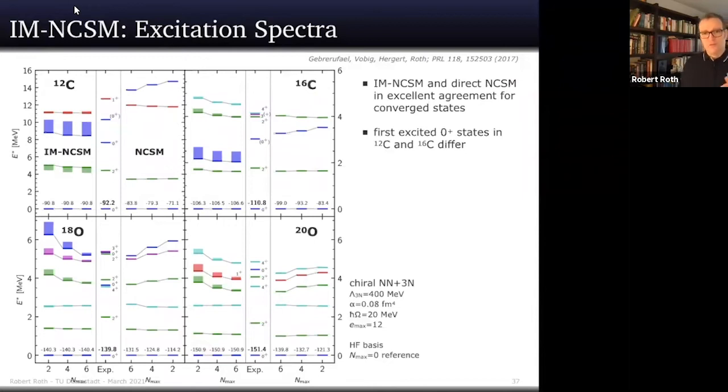Still, if you think, well, that's great, now we go to heavier nuclei, maybe we go to, say, tin isotopes directly, then even these Nmax 0 spaces or Nmax 2 spaces get very, very large. So in the end, even these tiny Nmaxes are challenging. So there is still the limitation in mass number, and the limitation still results from the matrix sizes that you have to handle in the NCSM part of the calculation. So it will not go all the way to the heavy nuclei with this method.